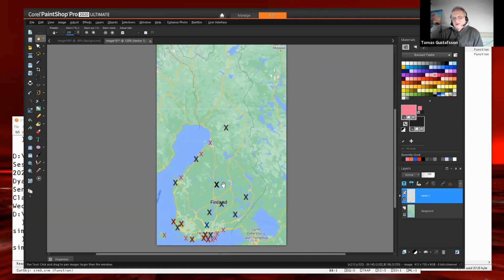The big black crosses are fire departments. The blue cross here is the police school, who also has Stormwind. The red crosses are marine military defense forces at a couple of places. Also the Naval Academy outside Helsinki is a Stormwind user. Then there are smaller groups, the Finnish Lifeboat Association and its sub associations, of which there are many more than I have actually plotted out.